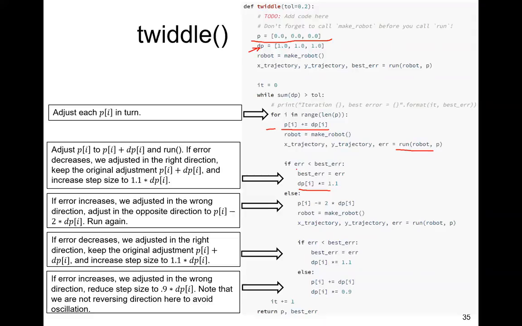Otherwise, if the error has increased after you made the adjustment, it means that you adjusted in the wrong direction. You shouldn't have done that. And then you reverse and adjust in the opposite direction by adding -2 dP. So you're stepping in the opposite direction, starting from your initial position with the step size dP. So by doing this,